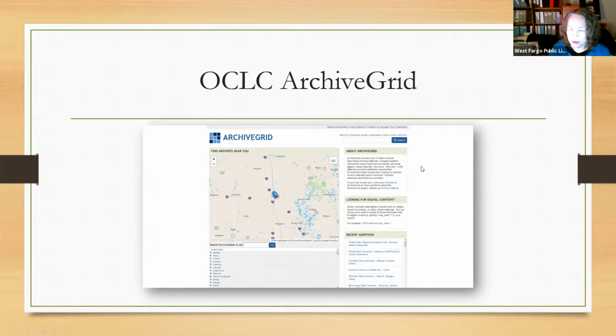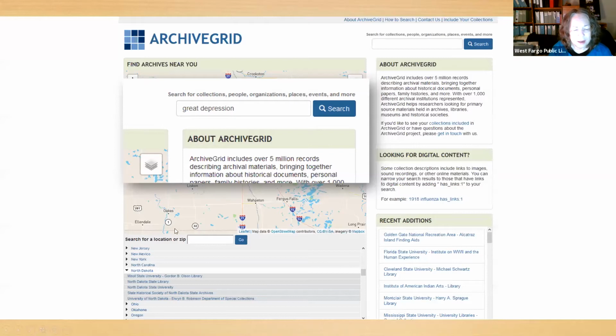This is a representation of the first page of the ArchiveGrid. It comes up with a map that shows kind of where you're located. Down below is a list of locations, including all the U.S. states, Canada, Australia, all sorts of nations. And then here is the search box up here. Next page here is, I'm going to input the words Great Depression. And I also want to show you what happens when you look at North Dakota. You get five